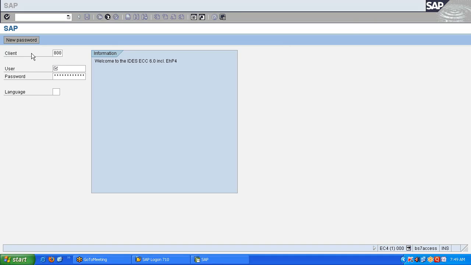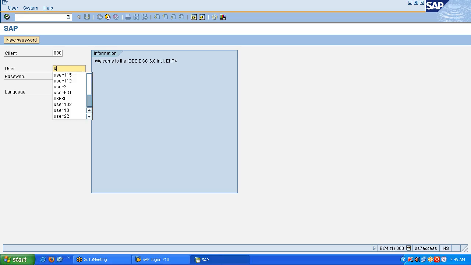Okay, that means whenever you are trying to log in to SAP, you need to mention four parameters here in the initial screen. The first parameter is the client. The second is the user, then password, and language. User IDs will be given to you. Everybody gets an individual user ID. For example, my user ID is user 115, and I will log in with that. There will be a password, which also will be given to you. You can type the password,